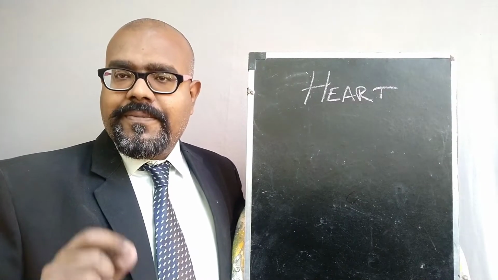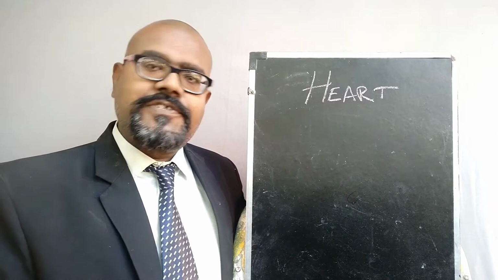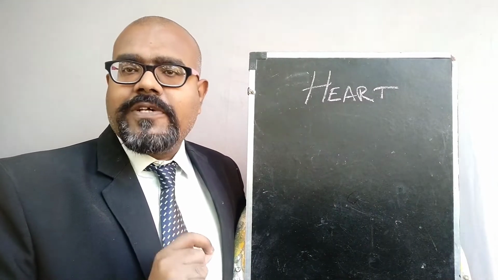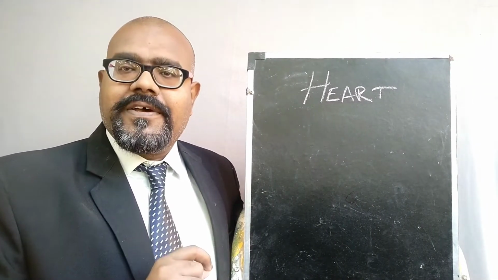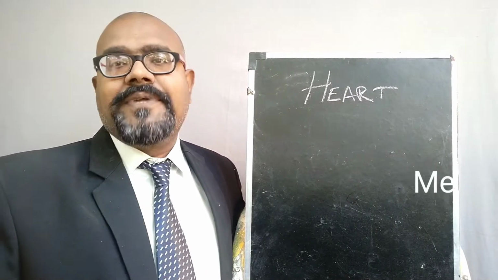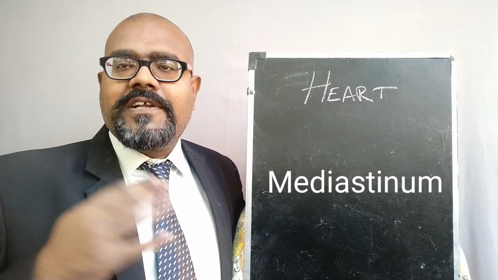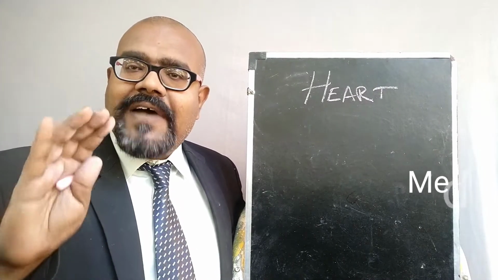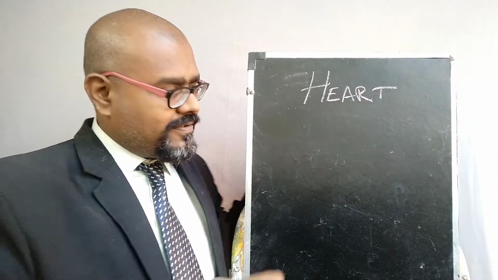The human heart is the major organ in the circulatory system. So where is it? The human heart is present in the mediastinum region. Mediastinum, where is the mediastinum? Of course, we all know that the heart is in the chest part. Where exactly is it located? We know that